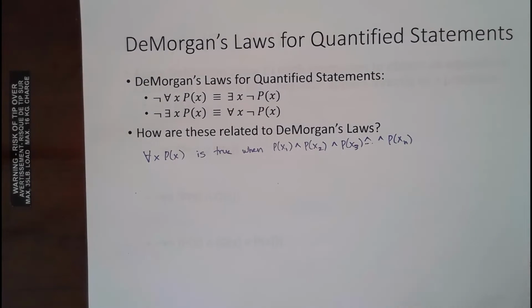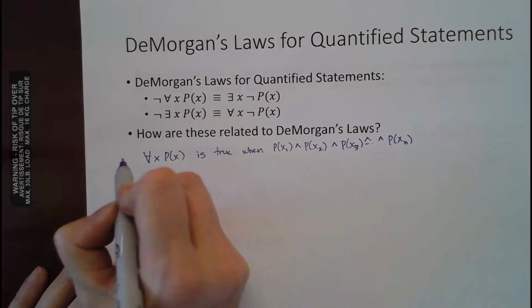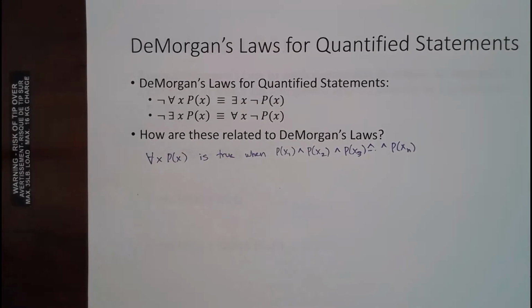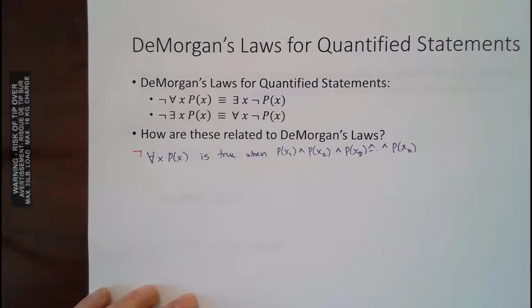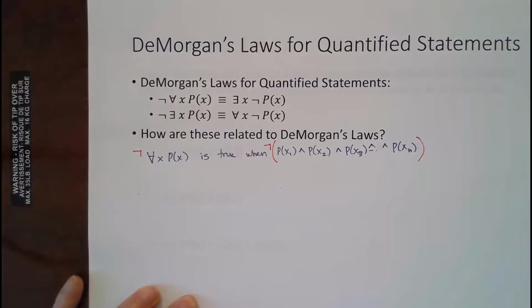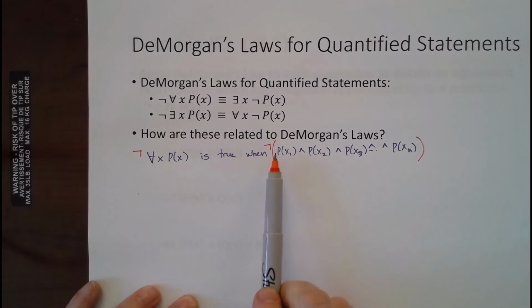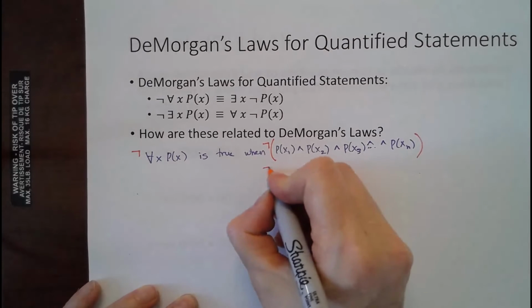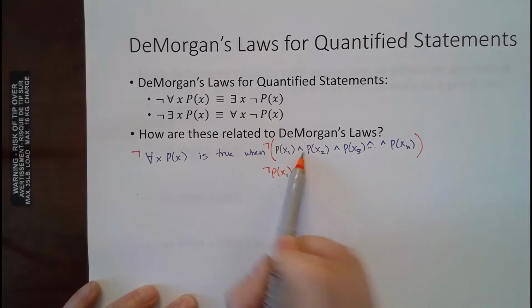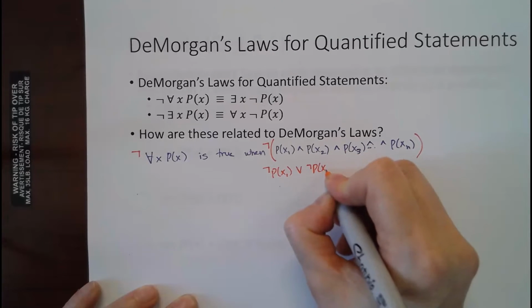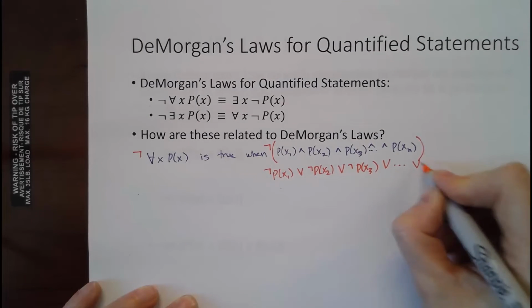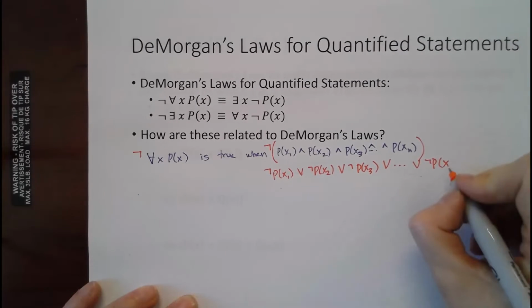Okay, so imagine now I negate this. Maybe I'll do this in a different color so you can see, that's the original. Now if I negate this, then I would have to be negating all of this, and think about what happens. Now I've got this logical statement. This turns into not p of x1, and now De Morgan says that's going to change to an or, not p of x2, or not p of x3, and on and on it goes, not p of xn.